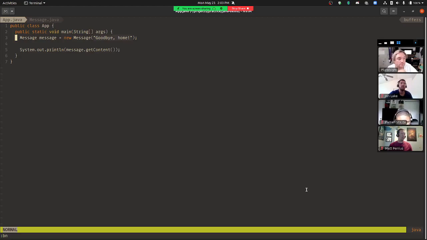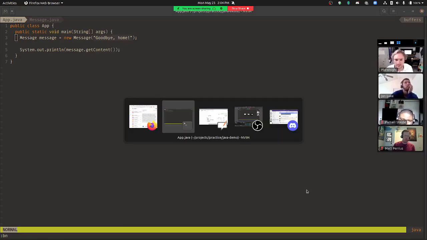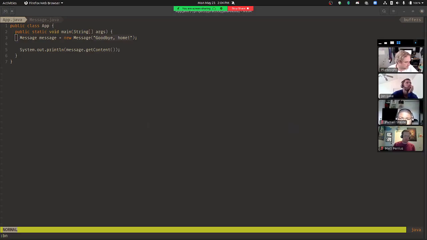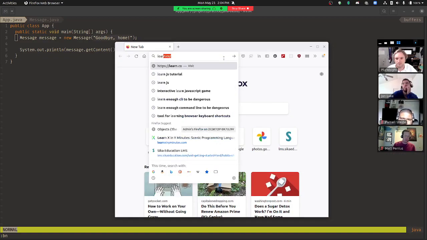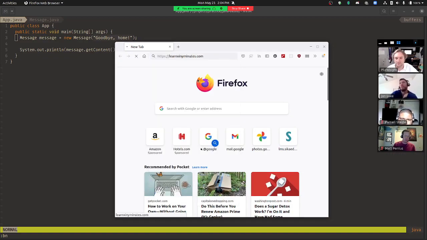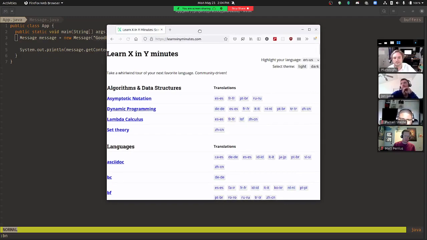So that's kind of the gist of Java and how it works. A really good resource, I think I have it linked in the LMS, but every single time I need to either learn a new language or remember how to use a language I haven't used in a long time, is this site. I may have sent you there before, called Learn X in Y Minutes. This stuff is the Rosetta Stone for programming languages.